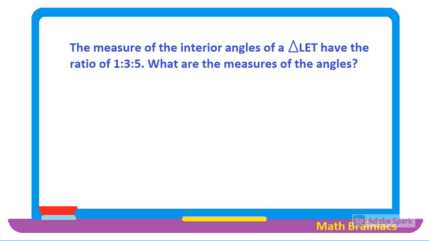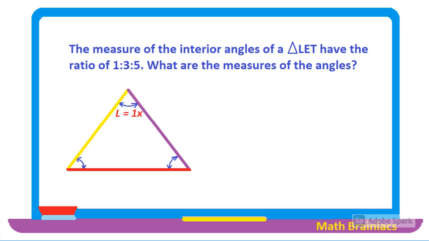Let us work on another example so that you can understand the lesson well. The measures of the interior angles of the triangle LET have the ratio of 1:3:5. What are the measures of the angles? Let us draw a triangle which is not according to scale. Let us designate angle L as 1x,